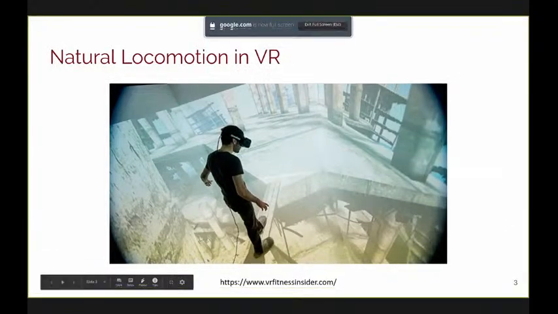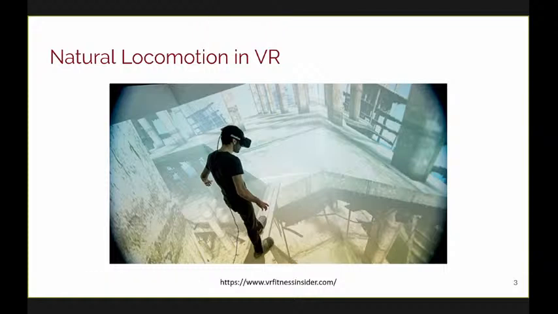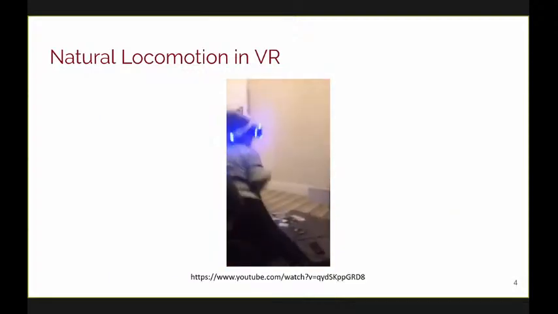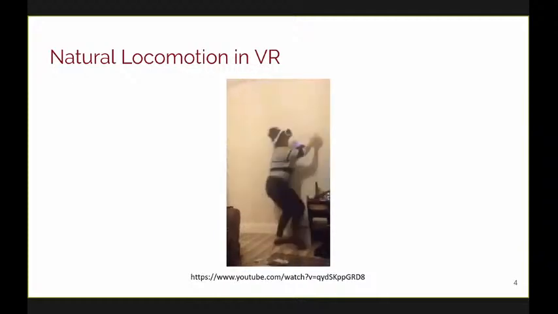Natural locomotion, or allowing the user to actually physically walk in VR, has several benefits. It improves spatial awareness and the user's sense of presence. Both these are highly sought after features in virtual environments. It also reduces simulator sickness because it reduces the mismatch between the user's motions and the perceptions of their motions. However, there's still one very large problem with natural locomotion in VR. Obviously, we are bounded by real world constraints.